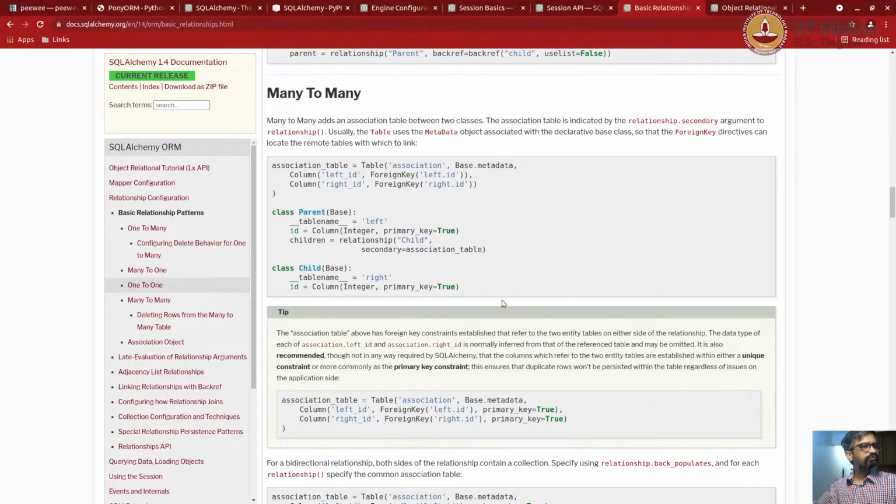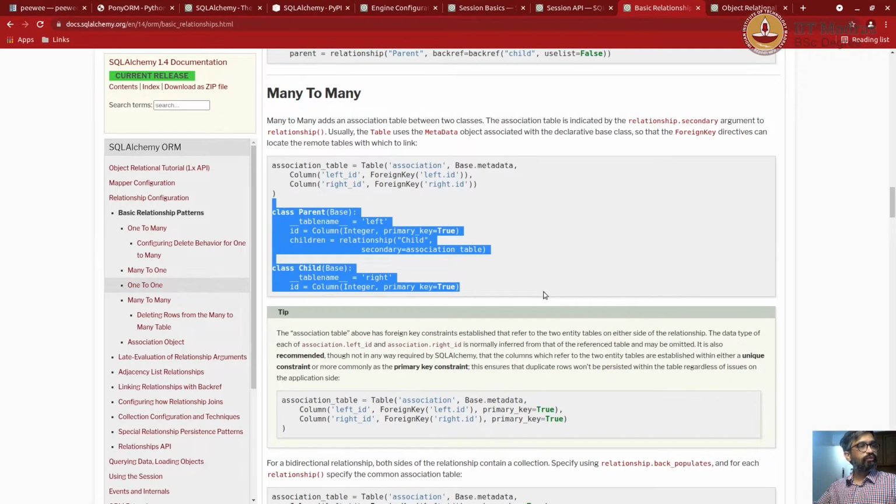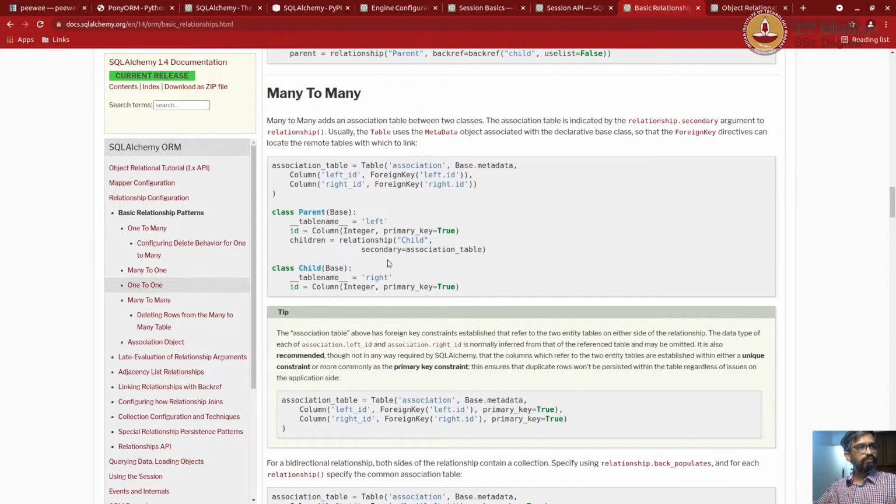Here is the definition of the association table, which we created separately. Actually, in our case, we don't have to worry. And then the relationship is managed. You can see that the relationship is managed here. Children is through a secondary table called association table, right? Because in this case, a child can have many parents, at least 2, right? So now in our case,